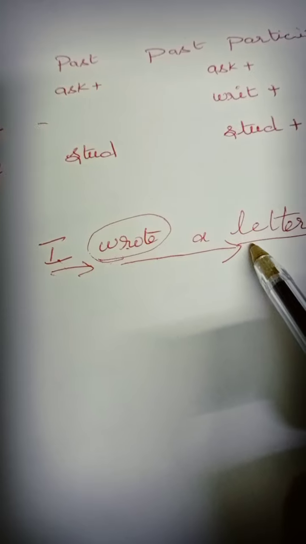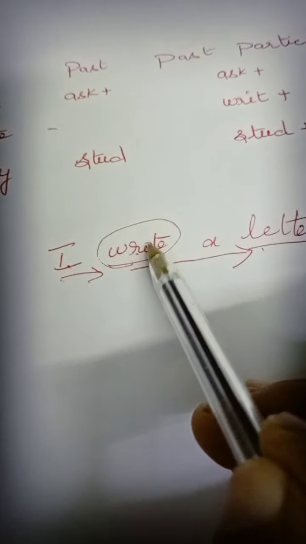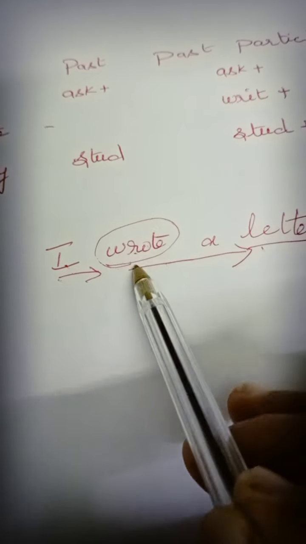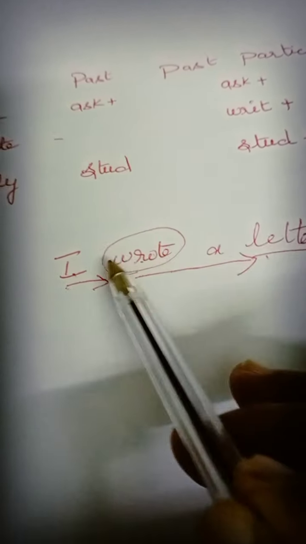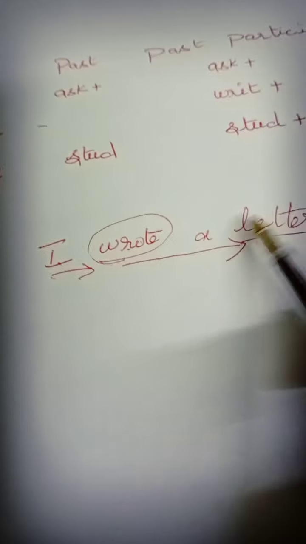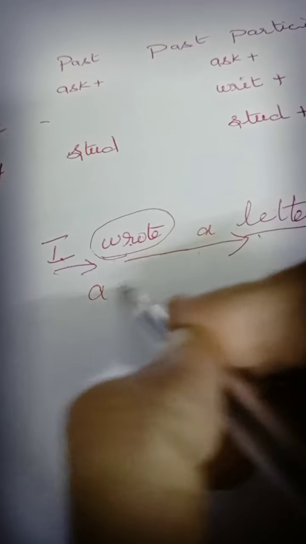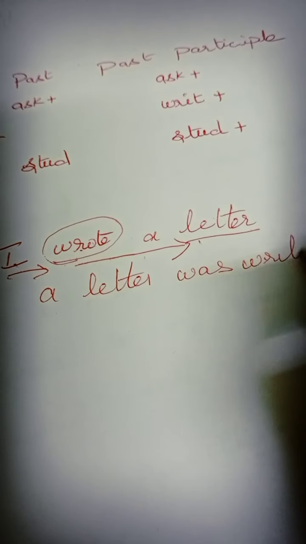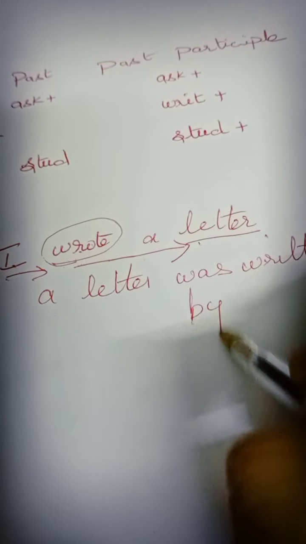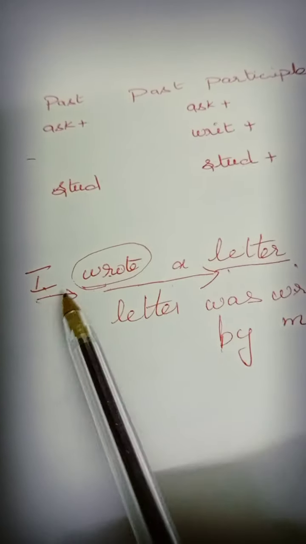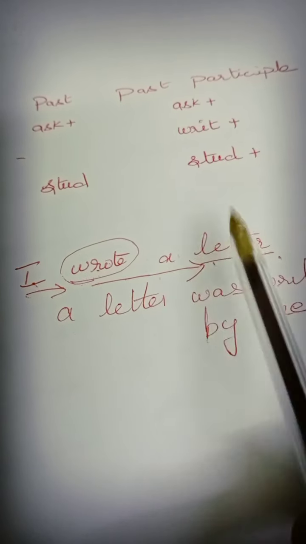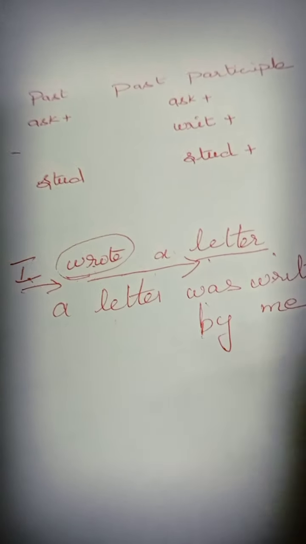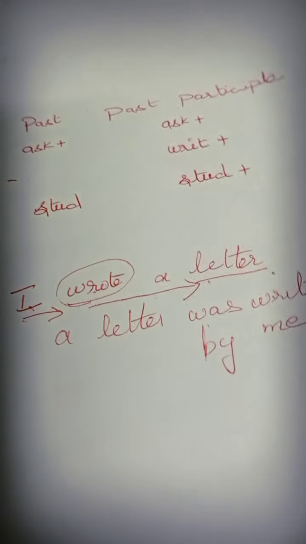For that, I have many sentences I will tell you. When one verb and one noun and an object come, it is transitive, because I can change this. I wrote a letter. I can change it like this: a letter was written by me. I can change like this, right? So, I saw a cinema. A cinema was seen by me. What, whom, these come for transitive.